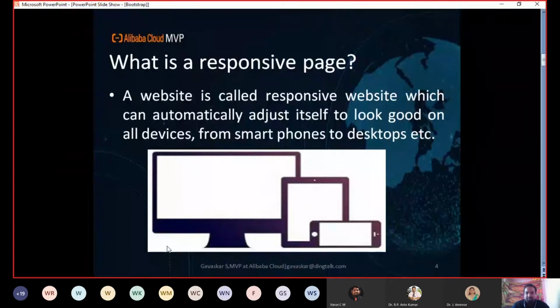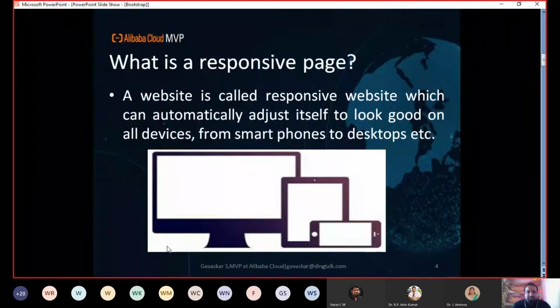And if you use the same page on a desktop, the width will be adjusted for that desktop. So this website is called a responsive website, which can automatically adjust itself to look good on all devices, from smartphone to desktop. Here, the same web page is used for both smartphone as well as desktop.